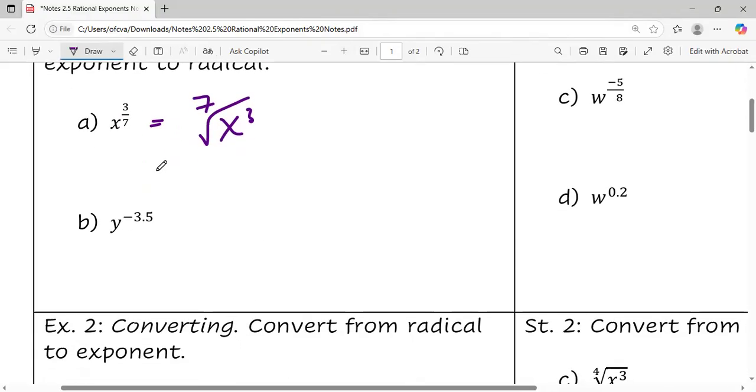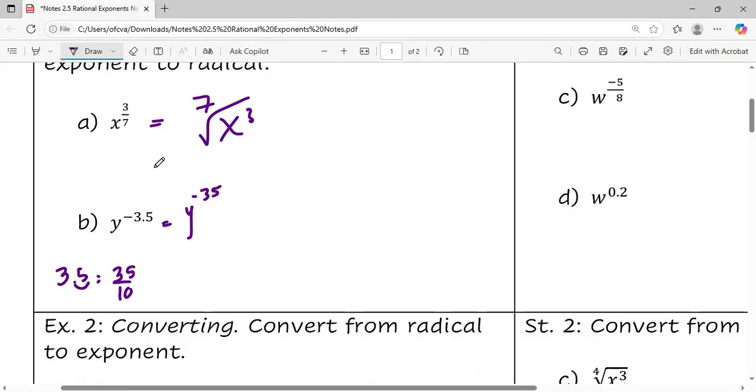So from grade school, I don't remember when it is that you learned how to turn decimals into fractions, but remember, if you have 3.5 and you want to change that to a fraction, you're going to have to move that decimal until it's behind the first digit on the right. So that becomes 35. Because you moved it once, then you have to divide by 10. It's always base of 10. So if you move the decimal twice, then you have to divide over 100, 3 times over 1,000, and so on and so forth. So then this becomes y to the negative